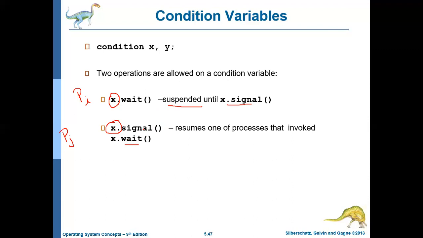Basically the monitor maintains two queues. One is called the entry queue, and the other queue is for every shared variable: for every shared variable, it will maintain a queue.